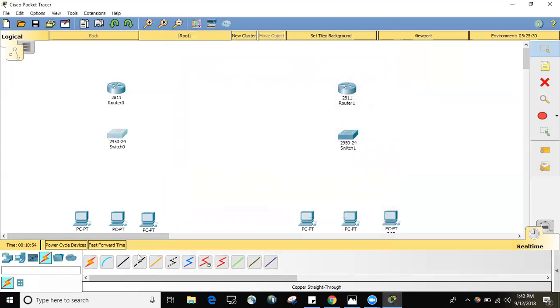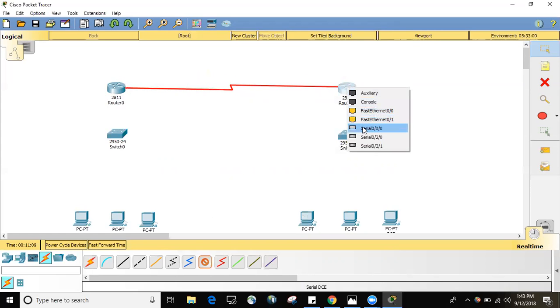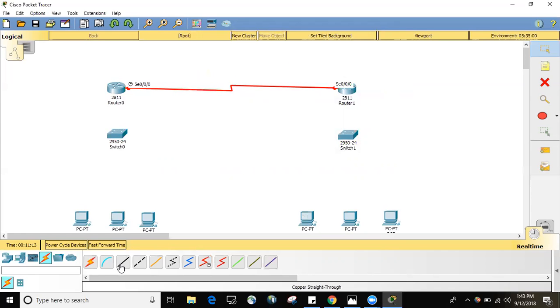And I'm taking this DC. I'm taking this copper straight. I'm giving it to Fast Ethernet,